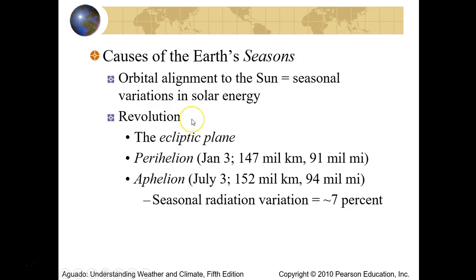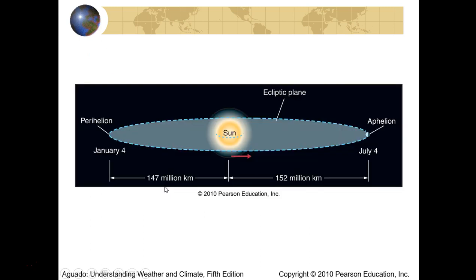It's the whole idea of how the Earth moves around the sun, and it's this revolution that our ancestors have been trying to figure out, a year, to understand how to set a calendar. And I will show you a picture, but there are two specific periods, in early January and early July, that we're going to come back to, called the perihelion and aphelion positions. When we look at the Earth's orbit around the sun, it moves in a counterclockwise motion, and the sun does not sit perfectly in the middle. It's actually slightly to one side, so that in January, the perihelion position, the Earth is actually 3 million miles